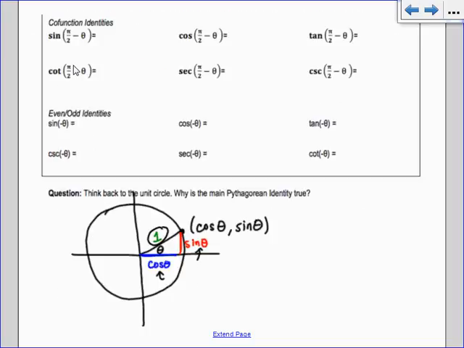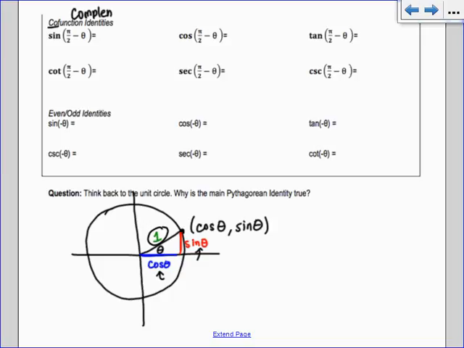Okay, the next thing are the cofunction identities. This is something that might have confused you before: why sine and cosine weren't reciprocals of one another. Everybody always thinks that sine is the same as 1 over cosine. That's not true. Sine is 1 over cosecant. So people are like, well, why? What's the relation? And this is what it is, the cofunction. So when you see cofunction, I want you to think